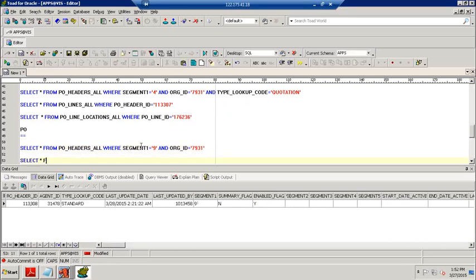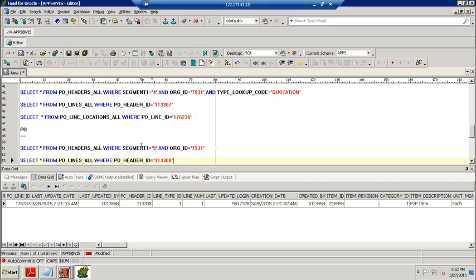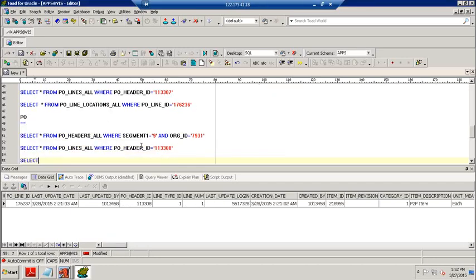Then next we can go for PO lines all, where PO header ID equal to 113308, and the next we can go for PO line locations all.